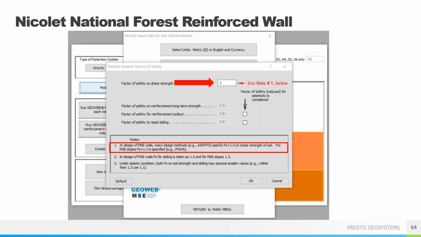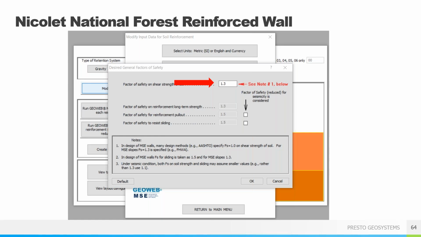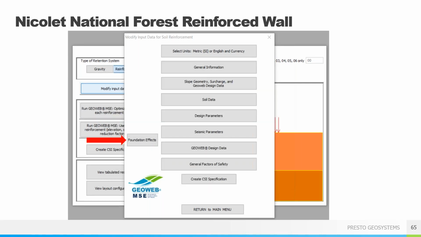They do recommend different factors of safety. I like to use 1.3, or recommend it, because it's a little more conservative and gives you a more robust and conservative design. And once again, your reductions for seismicity is also an option, but there are no seismic concerns here. We just click OK, and back we go.